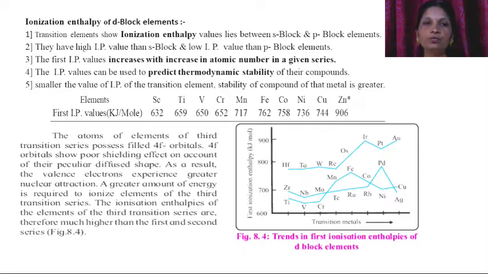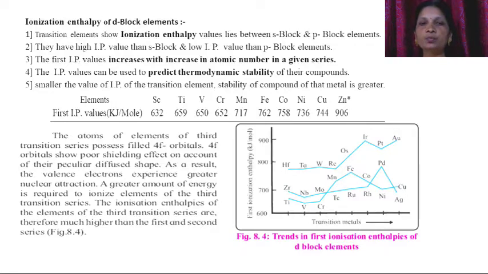Now, the fourth one: the IP values can be used to predict the thermodynamic stability of their compounds. The smaller the value of IP of the transition element, the greater the stability of the compound. So, this is a reciprocal relation. Please mind well. Now, for the elements Sc, Ti, V, Cr, Mn, Fe, Co, Ni, Cu and zinc, the first